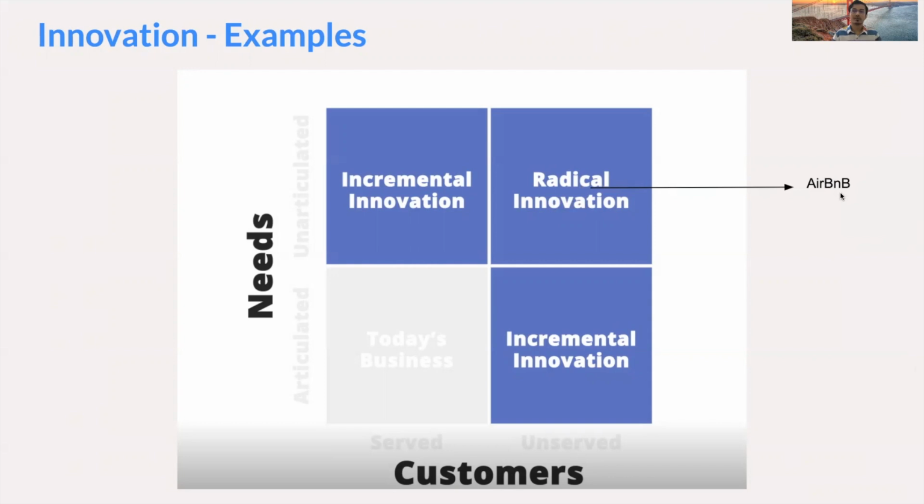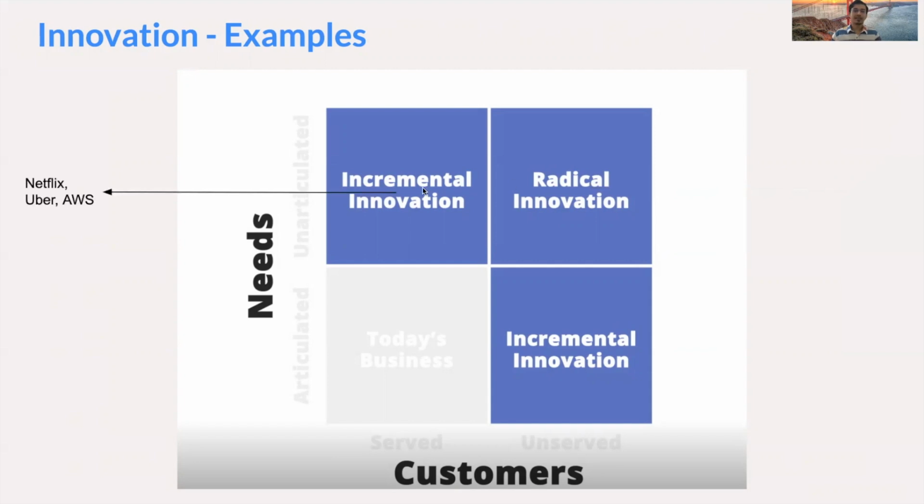Take another example. When Apple came out with its initial iPhone in the early 2010s, no one had said that we want a smartphone, a phone wherein I can have a camera to click pictures, maybe also access the internet, or go through my music files. But Apple came with the very first iPhone, which can do all these things. This was also a type of radical innovation because customers had never thought of a similar service which could exist, and no one was trying to build anything around it. Moving ahead,